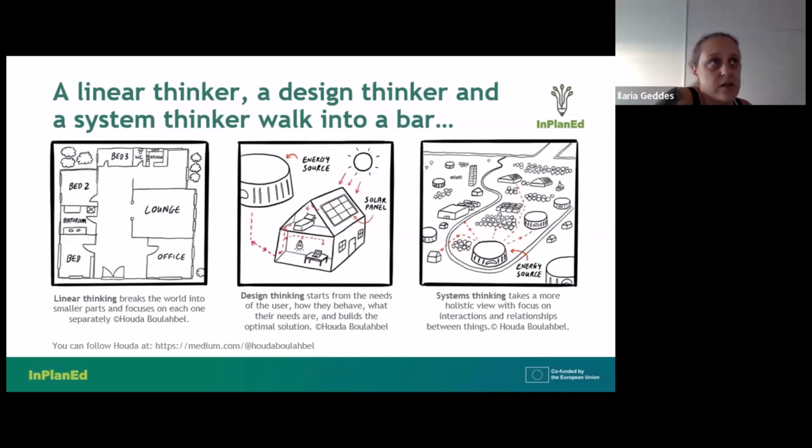However, I think it's also true that as a society overall, until now we have mostly been using linear thinking. We have been focusing and relying on linear thinking to solve problems. So this is normal, and I think we still do this in education. We are taught to do this at school. You get a big problem and you break it down into small pieces, which is fine because it's also age appropriate. Addressing complex problems comes with experience.